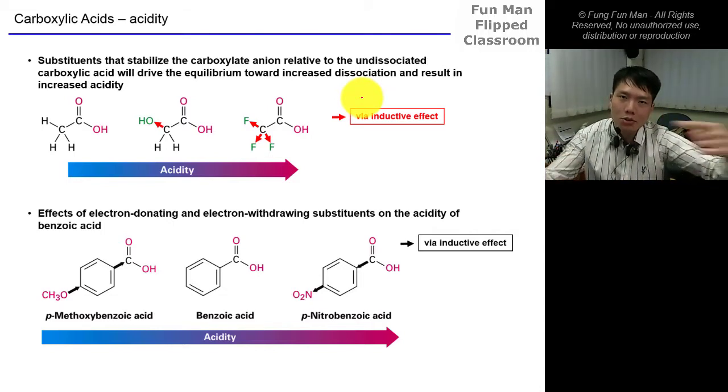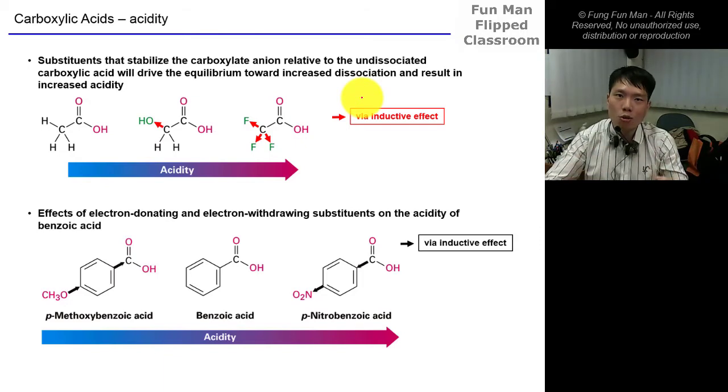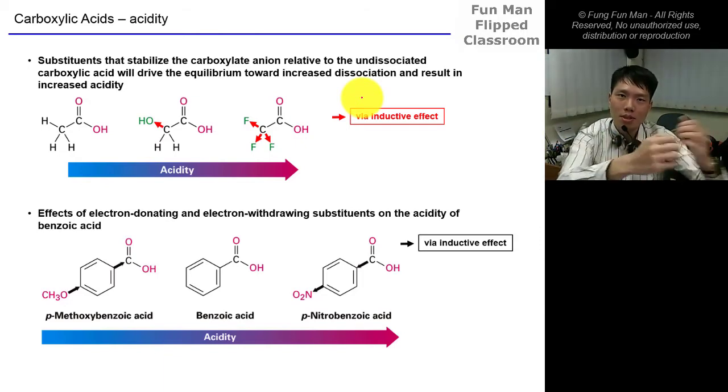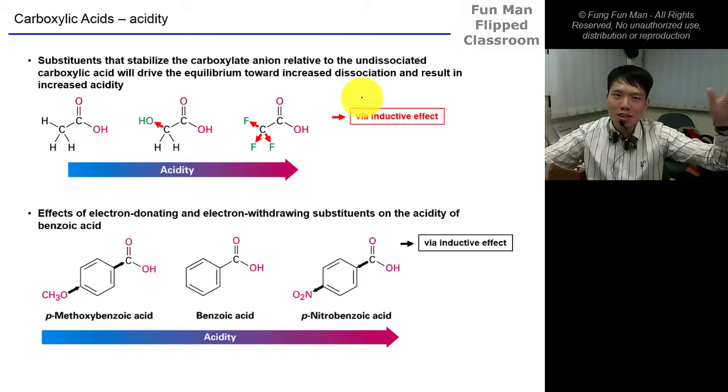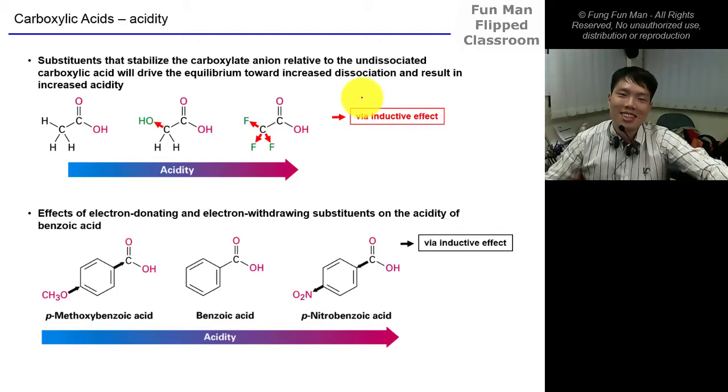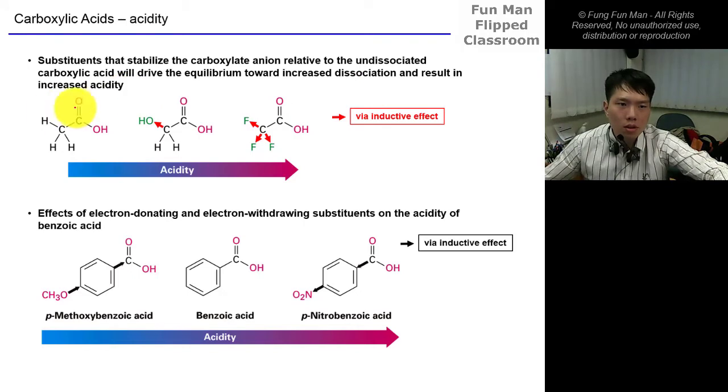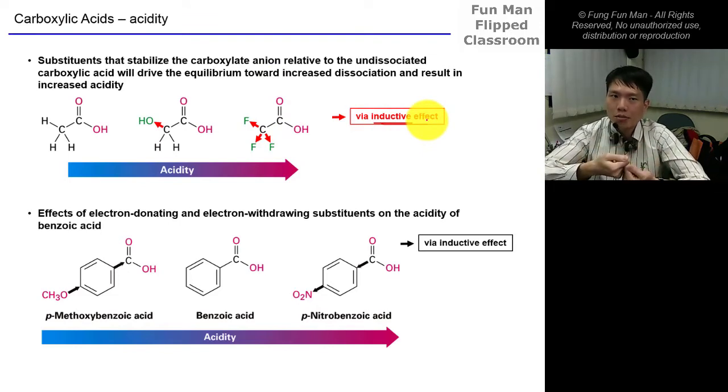Remember the previous slide, you have equilibrium reactions. Undissociated acid becomes the conjugate base. So it's like some kind of seesaw balancing act. Which side wins? Which side wins? Now if we have a lot of fluorine groups, electron withdrawing groups, via inductive effect, they pull electrons to themselves, right, and away